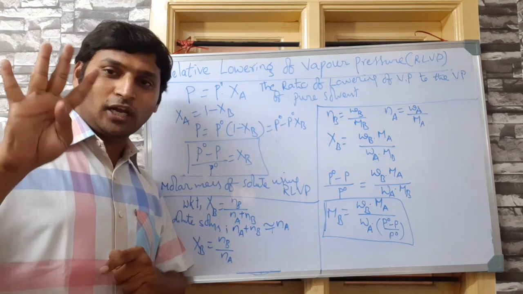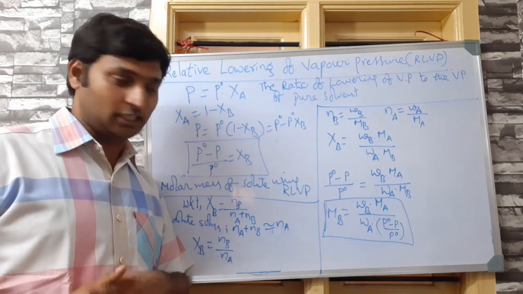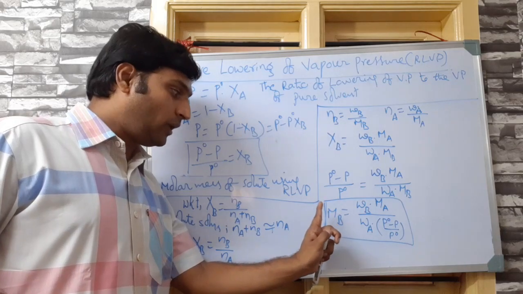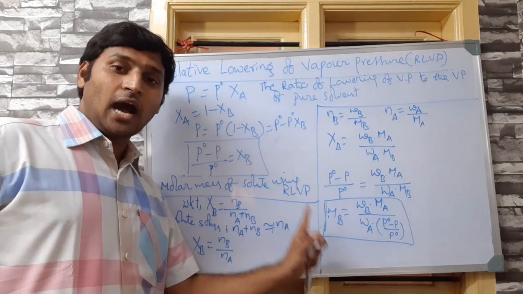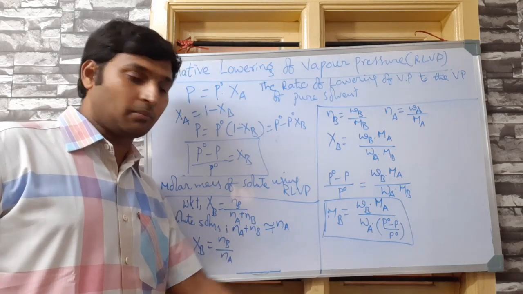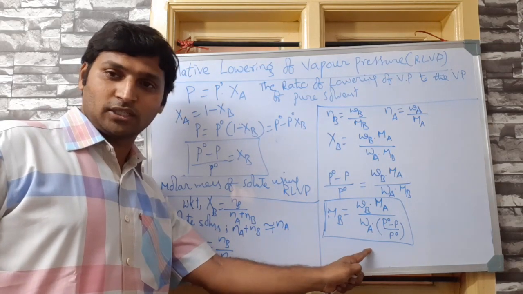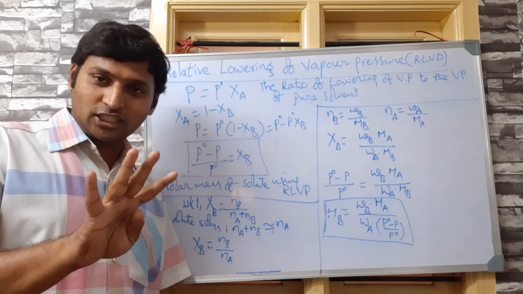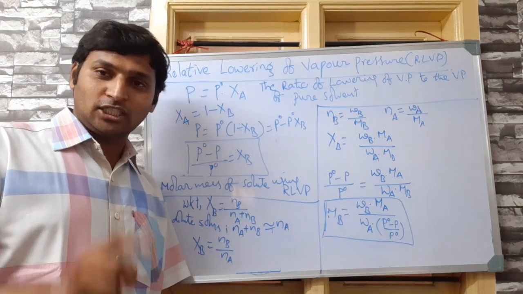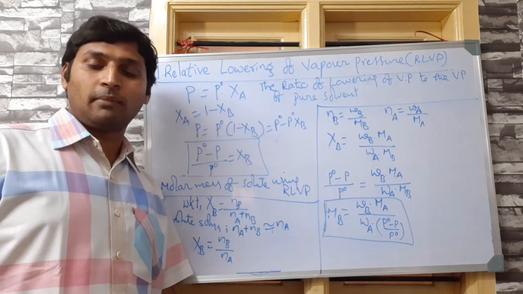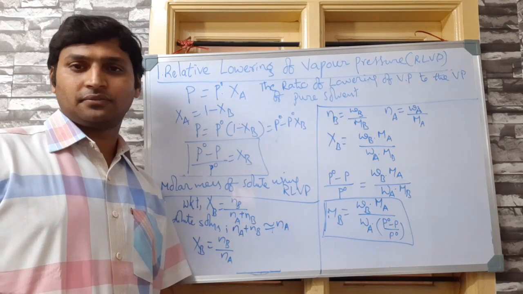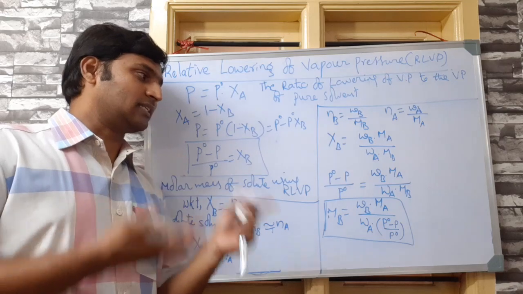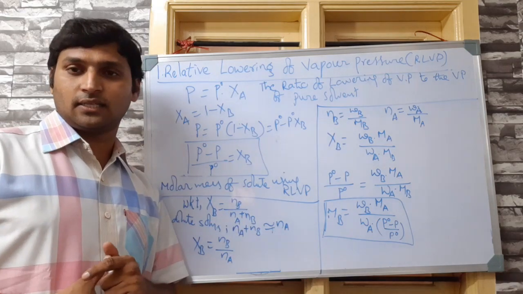Means these 4 relations which we are going to get by the end of this session, that is the relation between molar mass and RLVP, or molar mass and elevation in boiling point, or molar mass and depression in freezing point, or molar mass and osmotic pressure. From any one of these 4 relations, surely a 3 marks numerical is guaranteed in your board exams. At the same time, in entrance exams also plenty of questions will be asked based on this.